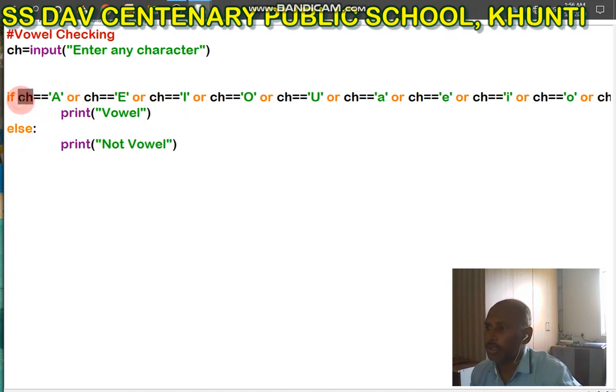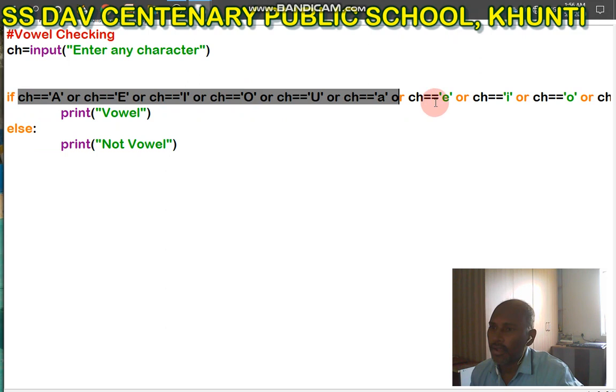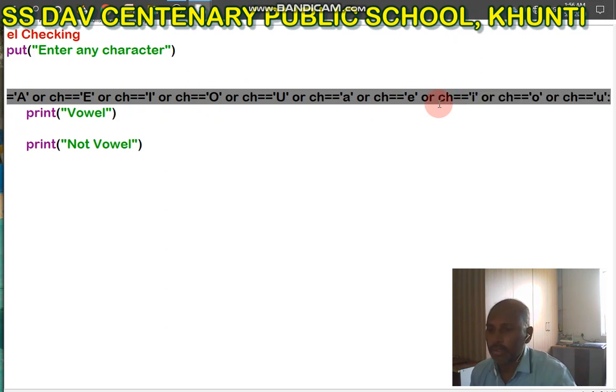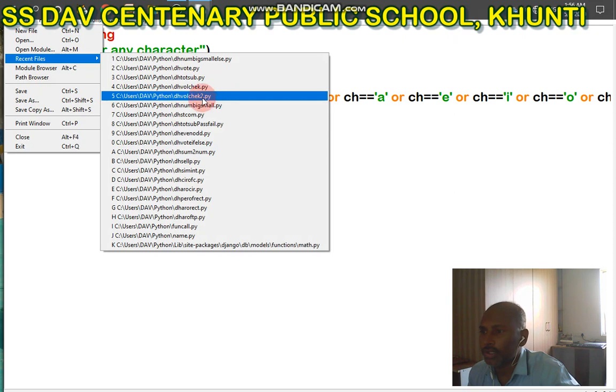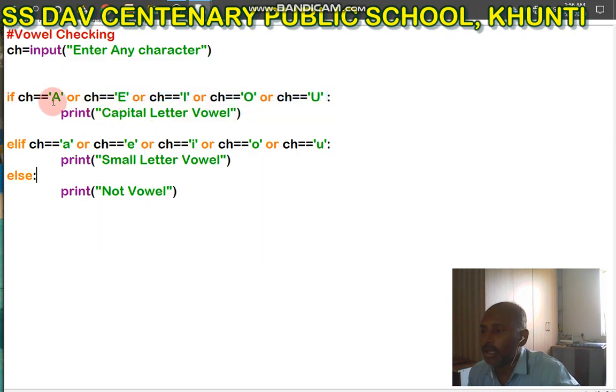You can see this long line because I have to enter 10 vowels one by one, 5 capital letter vowels and 5 small letter vowels. And in another program, you can see I have separated capital letters vowels and small letters vowels. So I have used here if, elif and else statements.